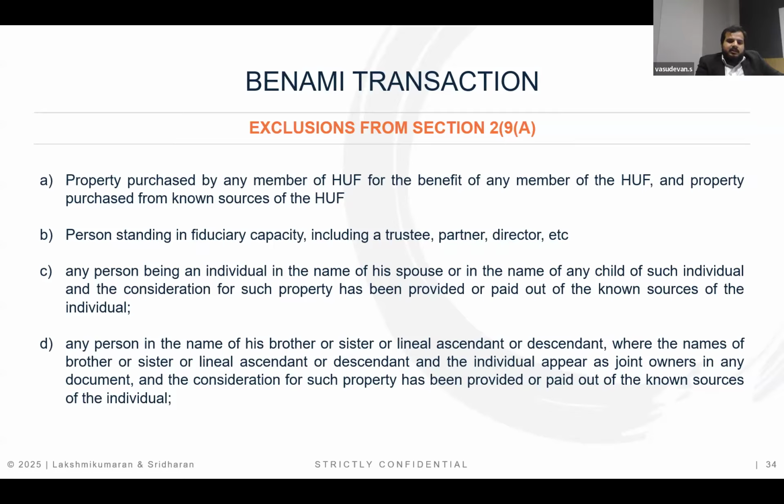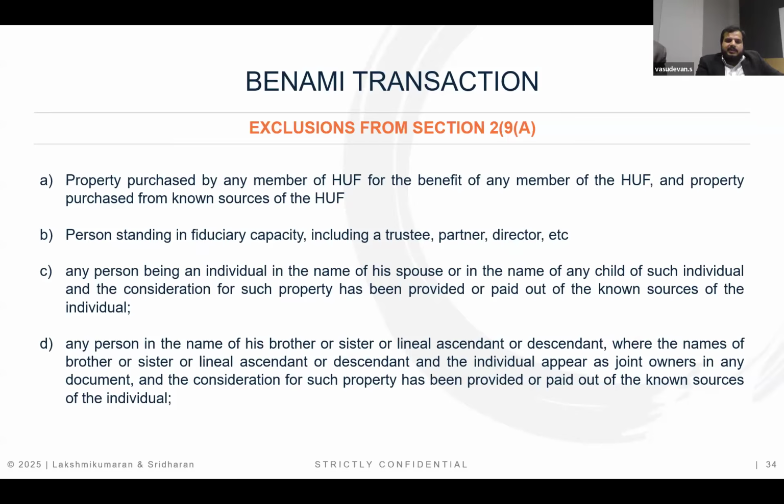We have seen that there was a recent ruling of the High Court of Delhi, wherein the High Court made a remark that a property acquired by the husband in the name of wife may be hit by the provisions of the Benami law. However, in that case, they did not see that the exception is there, which says that if the husband or the spouse, say the wife acquires in the name of the husband, the spouse is able to show that the property was acquired out of the known sources, in that case, that transaction will be falling in the exception category, and it will not be hit by the